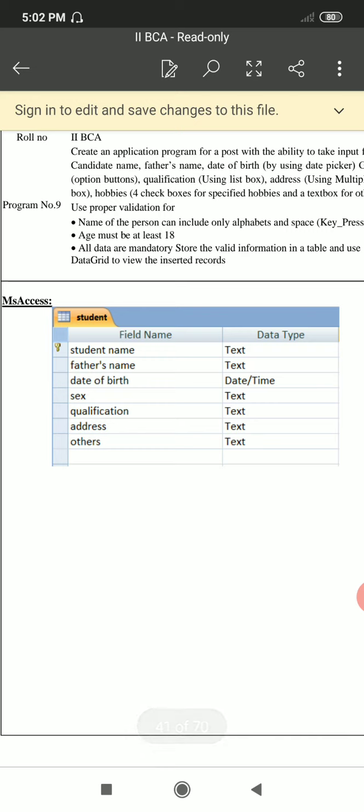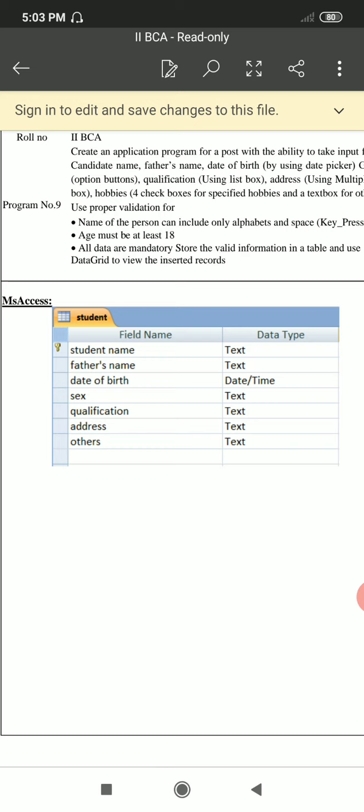See here in the Access table you have made one mistake. See the student name, it should not be primary key. See that key is shown there, primary key. Okay, so you cannot give a primary key to a student name, and you can give that primary key to a roll number and not for student name. Okay, and student space name, father's name, date of birth, avoid giving spaces there, and sometimes it may cause some problem also. So it is better to avoid that space in field names.